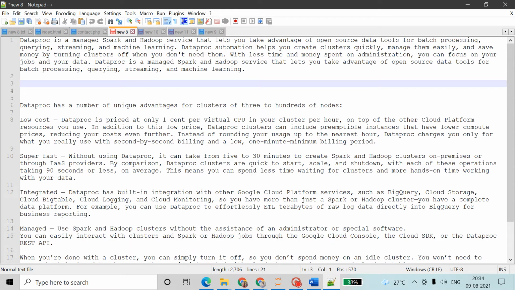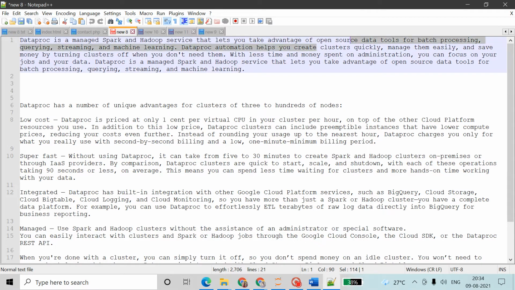Dataproc is a managed Spark and Hadoop service that lets you take advantage of open source data tools for batch processing, querying, streaming, and machine learning. Dataproc automation helps you create clusters quickly, manage them more easily, and save money by turning clusters off when you don't need them. With less time spent on administration, you can focus on your jobs and your data.